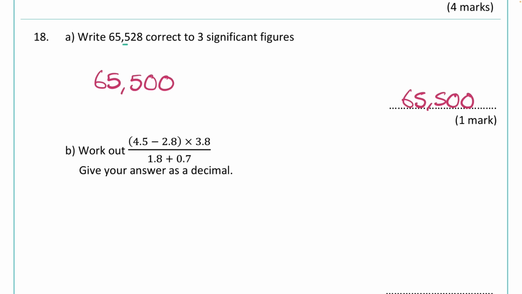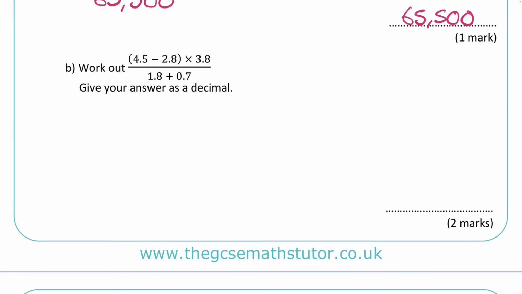65,500. Now the next question here does require you to use a calculator. Now it does say give your answer as a decimal, so that's fine, we can use the calculator for that. My only little tip here would be, it's quite difficult to show working out for this. So in terms of working out, what you can do if you've noticed that sometimes you type things into your calculator incorrectly, you can first of all type in what's on the bottom, so 1.8 plus 0.7, and we can write that as a bit of working out. So 2.5 on the bottom,